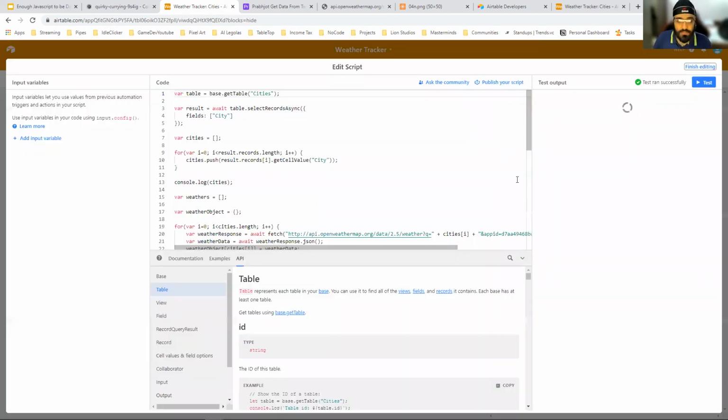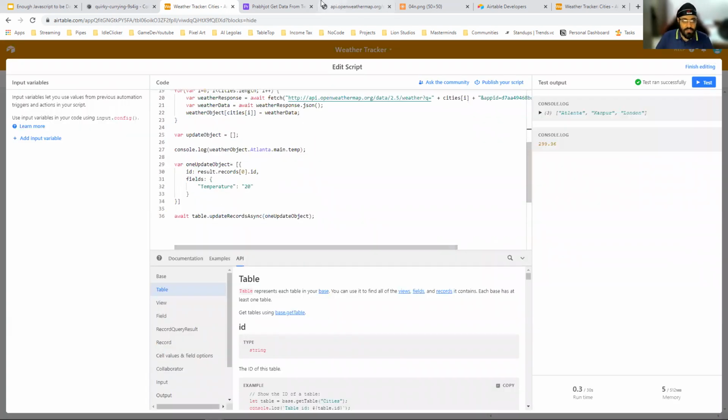So let's reset. My temperature returned from the API is this number, so there's something we'll also do here now, which is convert a number to a string. What you can do is dot to string, or you can append it to an empty string and then it converts it into a string. So if you have this number, it will convert into this string. Awesome, so this will work.